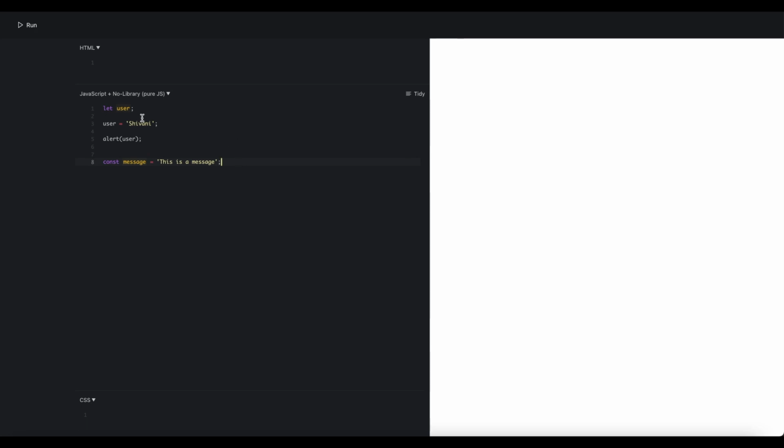What is the difference between user and message here? So there are different keywords used here, let and const. So const variables are not reassignable. So you can't reassign the variables that are declared with const, but you can reassign the variables that are declared with let keyword. So suppose I try to give a different value